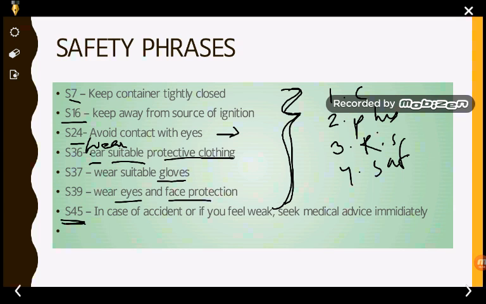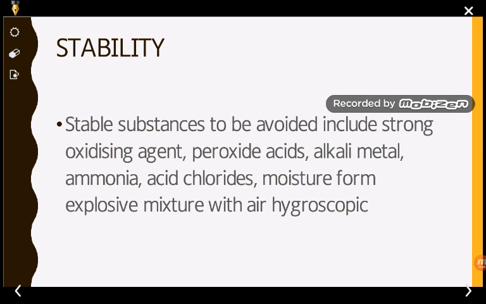In this way, we have to prepare the material data sheet of the chemical. So you just know what are the different types of chemicals which are used in the laboratory and how to prepare the material data sheets of all these chemicals. That is an important factor. So next, coming up to